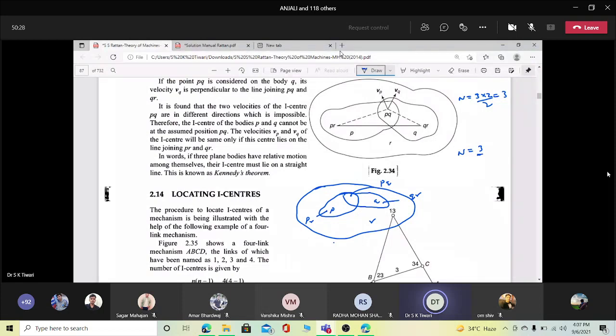नाउ यहाँ पे एक फिजिकल कॉन्टेक्ट बन रहा है, कई जगह बन रहा है, मैंने मान लिया यहाँ पे बन रहा है, तो मैंने इसको एक आई सेंटर कह दिया, दूसरा आई सेंटर ये, और जहां P एंड Q एक दूसरे के ऊपर रखे हुए हैं उसको मैंने ये मान लिया, ओके क्लियर। यस सर।